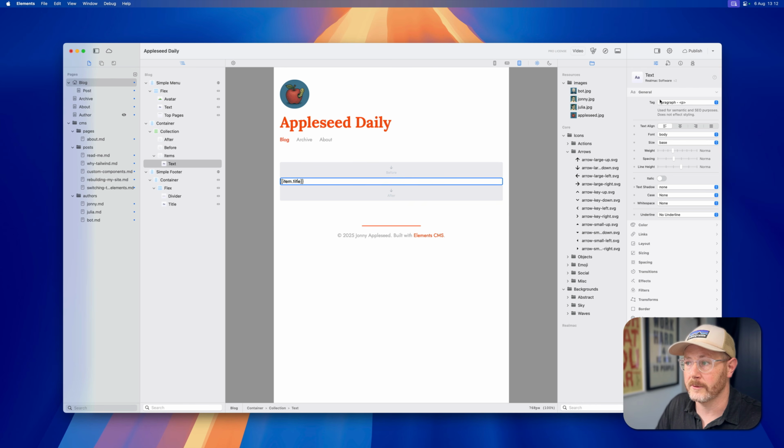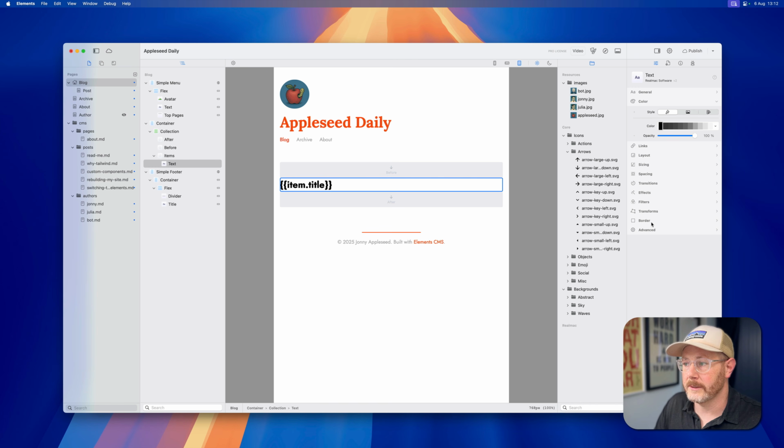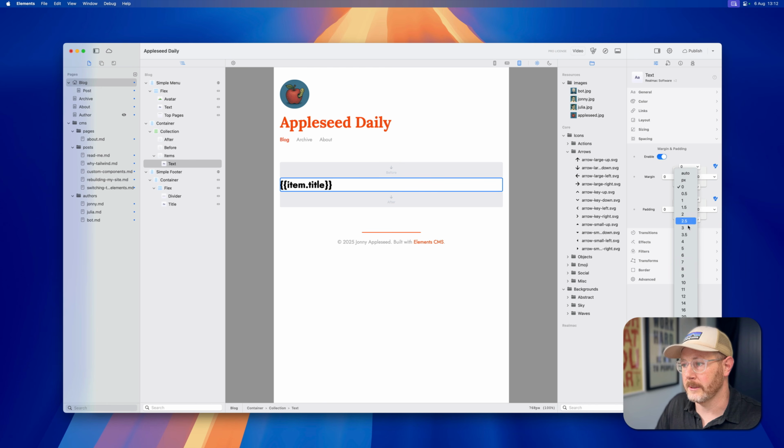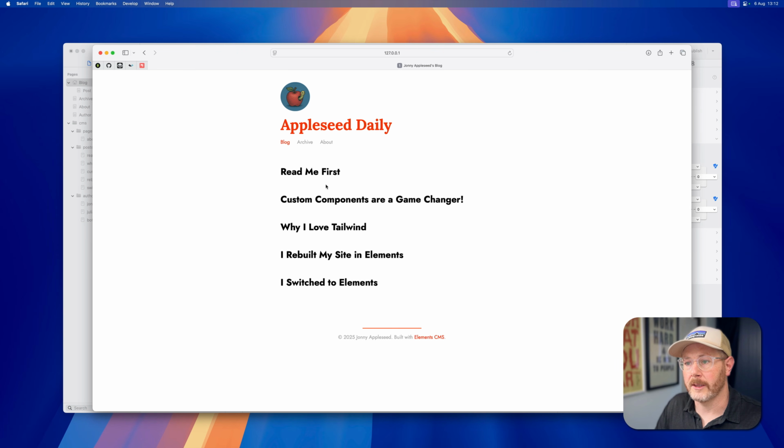So on the text, for example, we can set the tag. We can say this is an H2. We could set the size to be large. Actually, let's make that a bit larger. We can change the weight. We could change the color and things like that. But what I'm going to do is just add a bit of margin, so we space the titles out like so. If I go back and preview that in the browser, you can now see we're getting custom designed collection lists